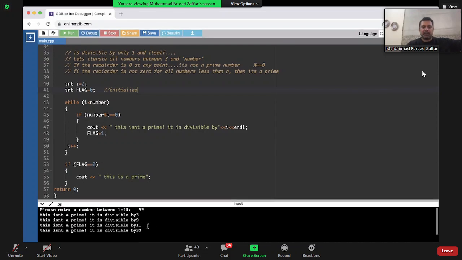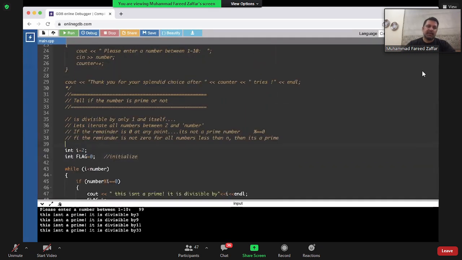सो देखें उसने क्या किया, पहले 3 से किया, फिर 9 से, फिर 11 से, फिर 33 से, एंड इट्स evenly divided by all 4 of these, therefore it is not a prime. Yes, this has become very complex, so I'm going to stop at this point. There's nothing new. I'm just going to repeat this, लेकिन थोड़ा सा कॉम्प्लिकेटेड ये है कि सबसे पहले हमने